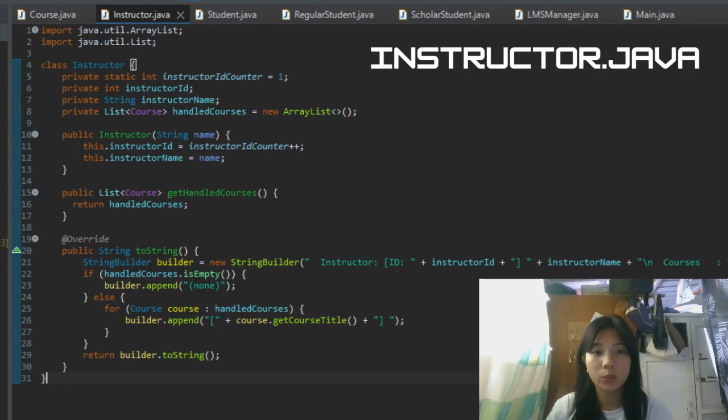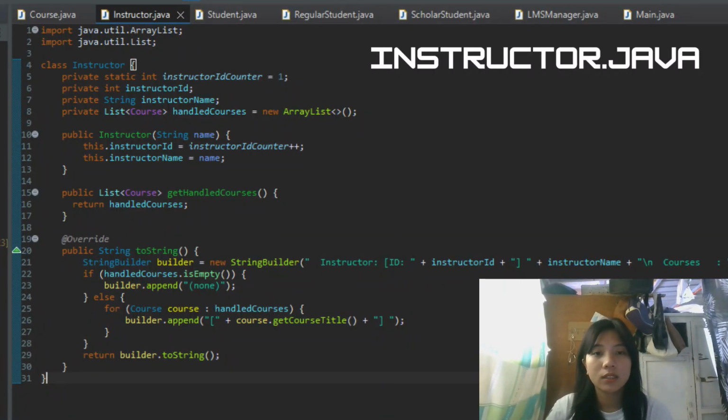And then after that, we define the constructor Instructor(String name). This is a constructor used when creating a new instructor object. Inside the constructor, the instructor is assigned a unique ID using instructorIDCounter, and then the counter is incremented. The instructor's name is also assigned using the parameter provided.